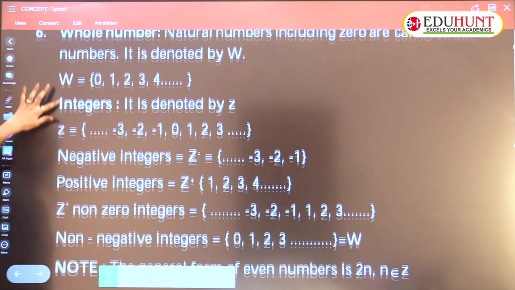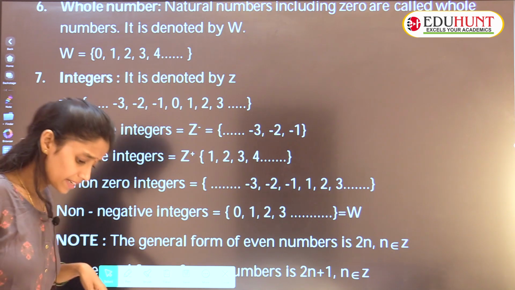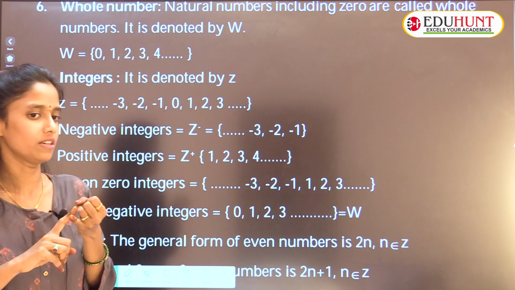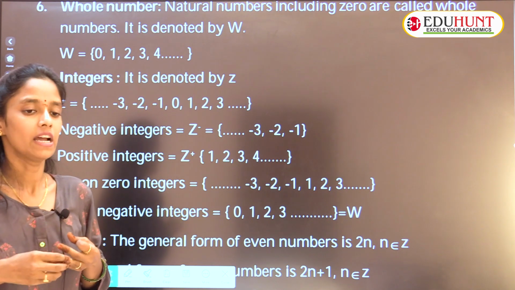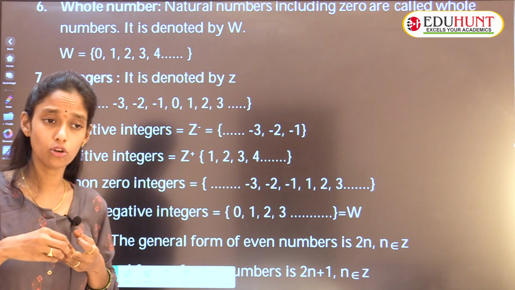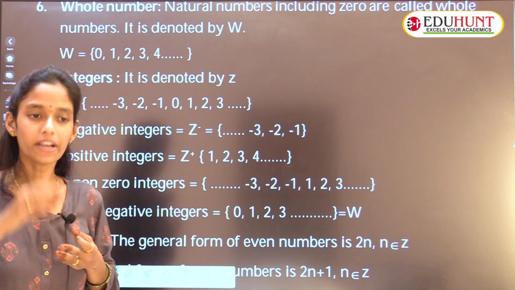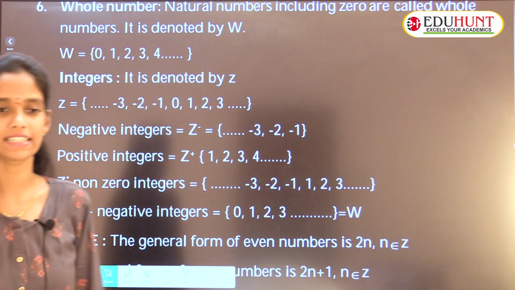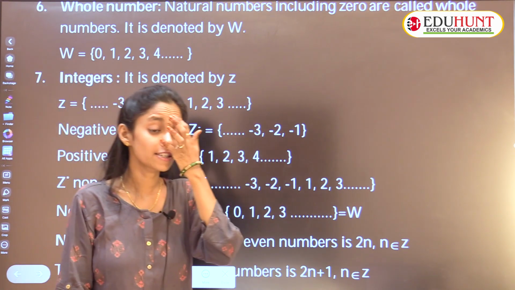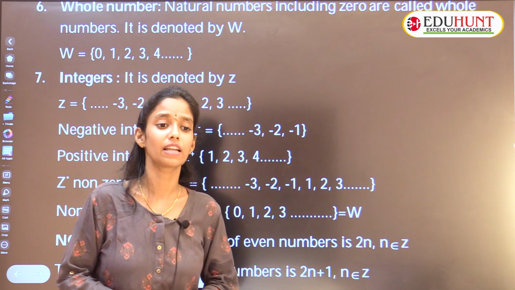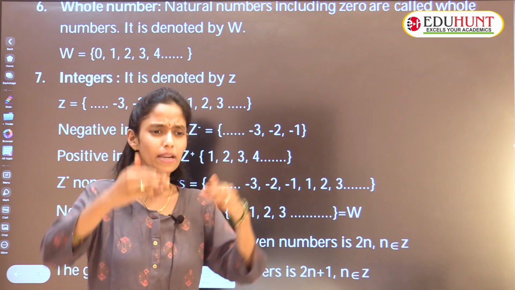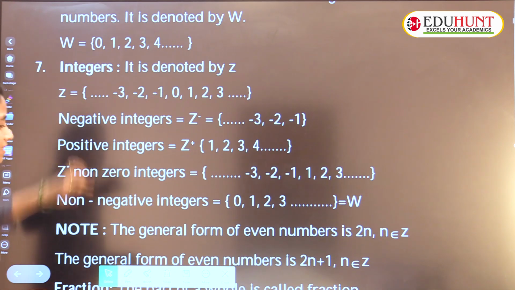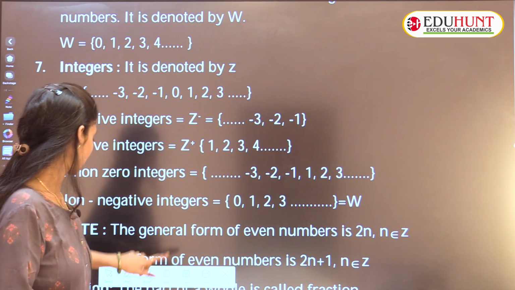Now see, I told you in the starting, in the number system we have whole numbers, which we covered, and natural numbers, which we covered. Like that we have integers also. These are the types, categories I told you: whole numbers, natural numbers and integers. After that, rational numbers, irrational numbers, like the real numbers. These are all the number systems we are going to see in this. Now the third type is integers. Integers is nothing but, simply I'll say to you,